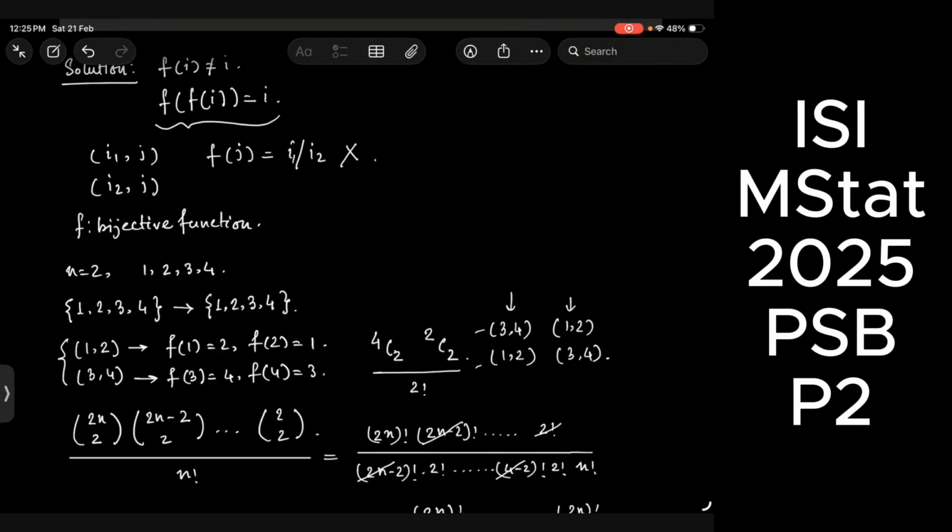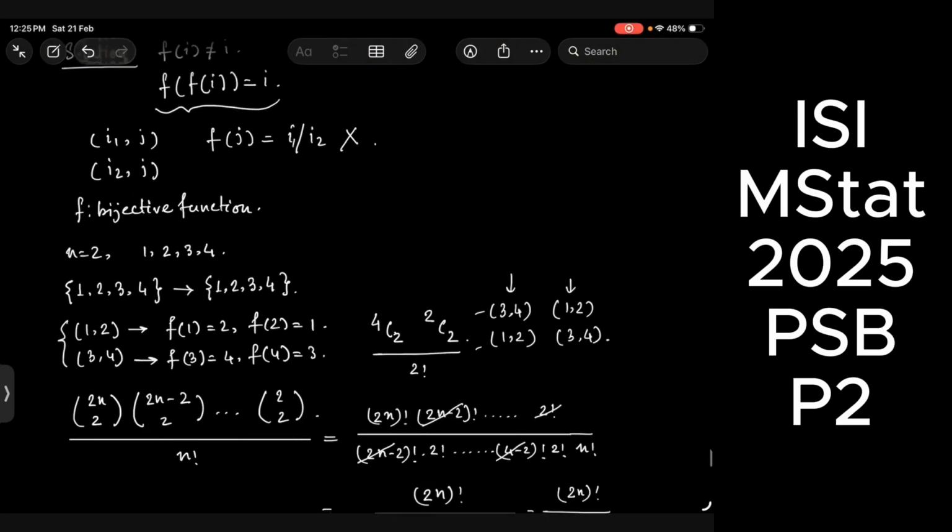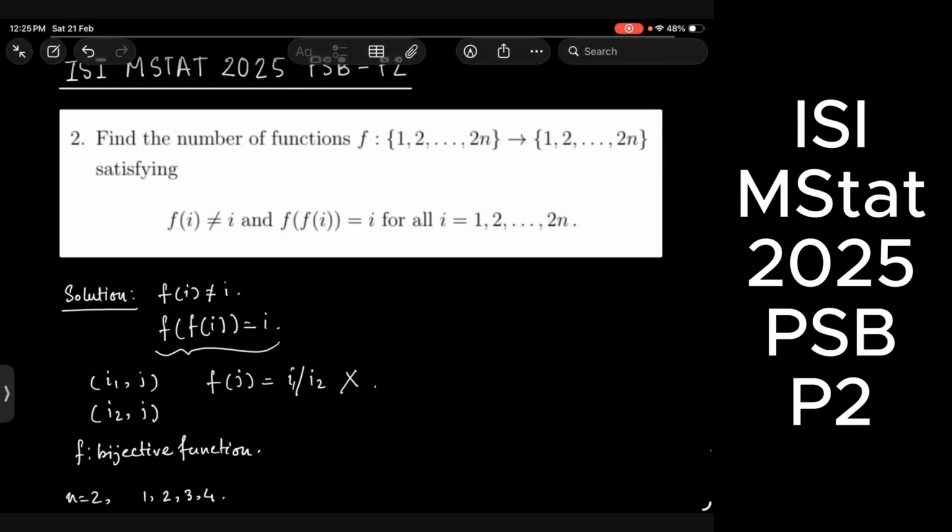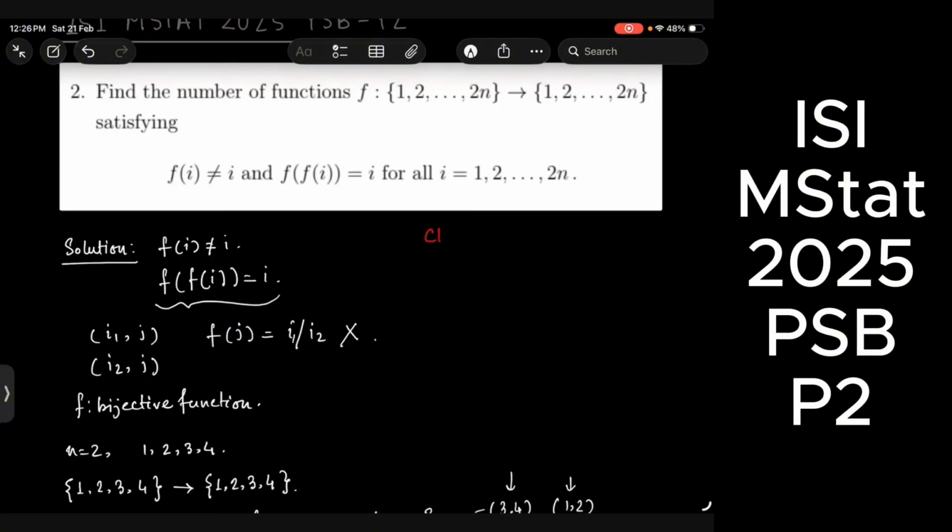Okay. So from this, can you say that f is a bijective function? Tell me. Think and tell me. If I claim f is bijective,